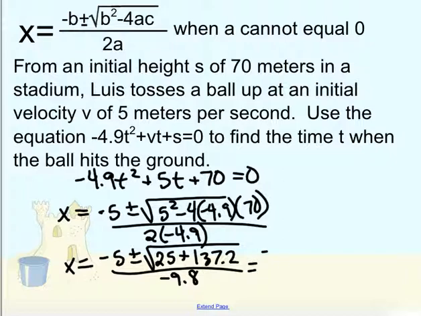We're not going to be able to simplify it fully, but we get negative 5 plus or minus the square root of 162.2. Let me just make sure that's correct. Yep, and then we're dividing by this negative 9.8. This is definitely the time to plug it in your calculator and say, I have negative 5 plus the square root of 162.2 divided by negative 9.8, and then negative 5 minus the square root of 62.2 divided by 9.8. When you do that,